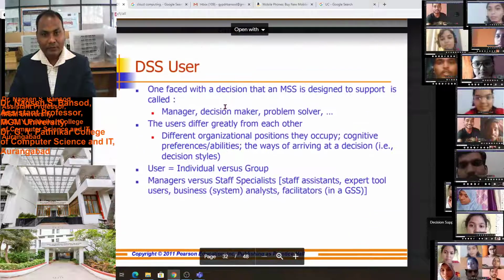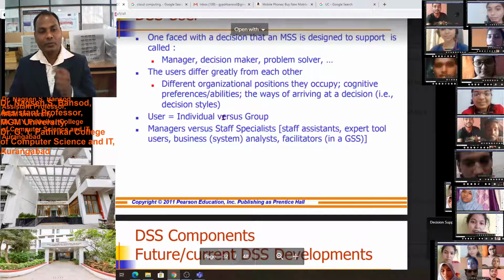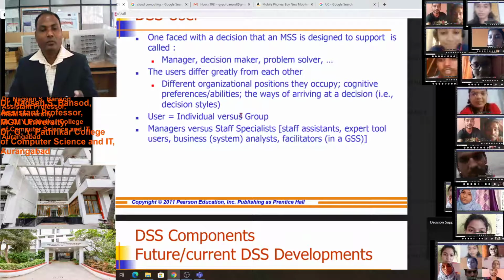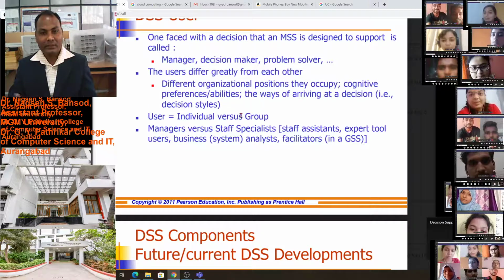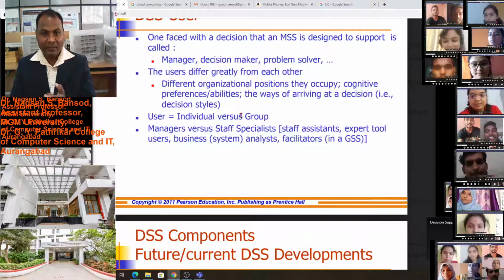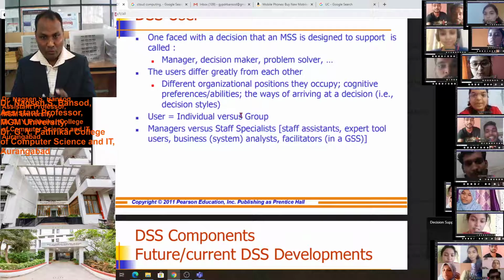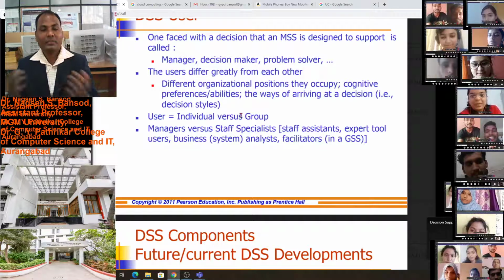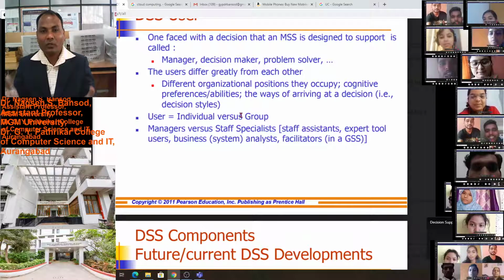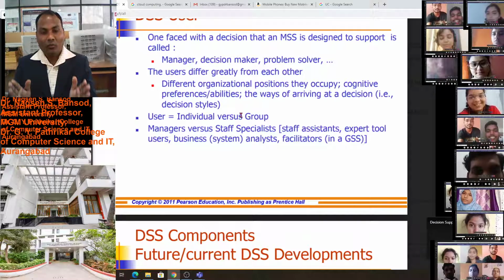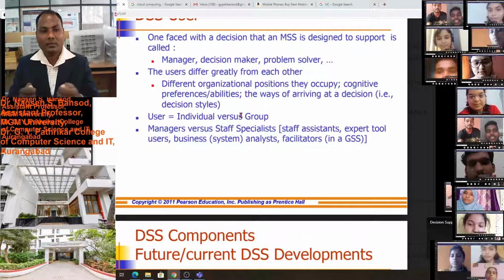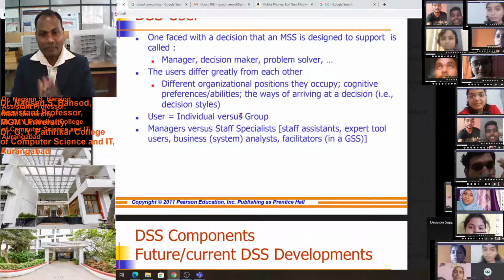All these are the users, and the decision support system will provide the facility, the solution, the support to all these users, like manager, decision maker, problem solver. Different, because all organizations do not work similarly. The work of all organizations may be a little bit different.